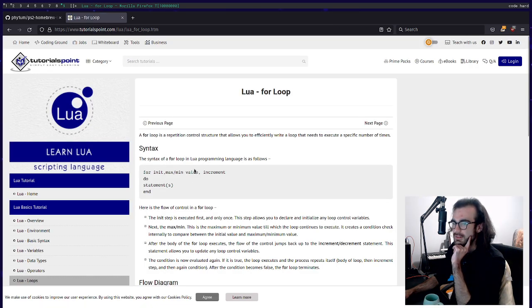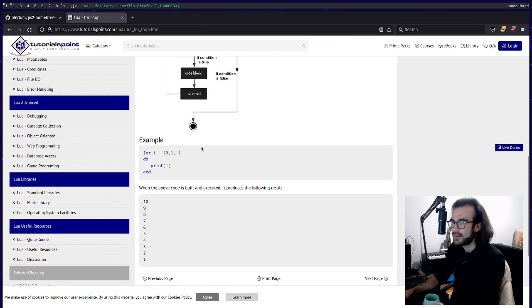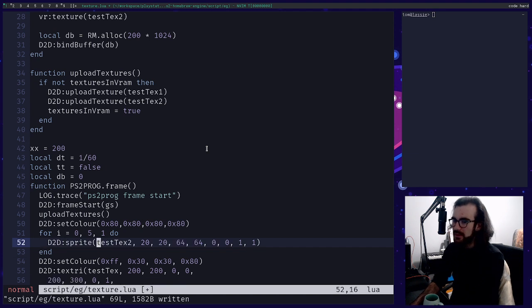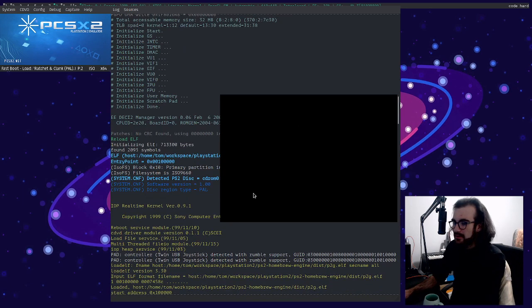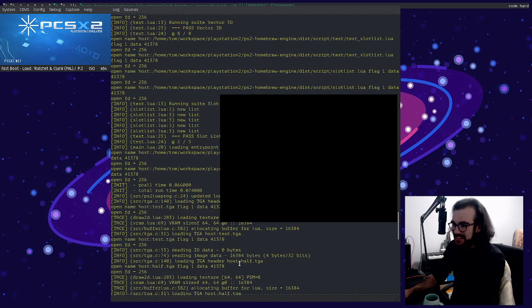For name, min, max, and the increment is optional, right? Yeah, it's like this. So it's what I said. We do this, right? So we'll draw it, but we'll do this little offset thing we did before, but we'll just codify it now. Plus i times 10. And we made a syntax error, but that's okay. Attempt to index a nil value. Lua PS2 prog 69. Good line number. What has gone wrong?